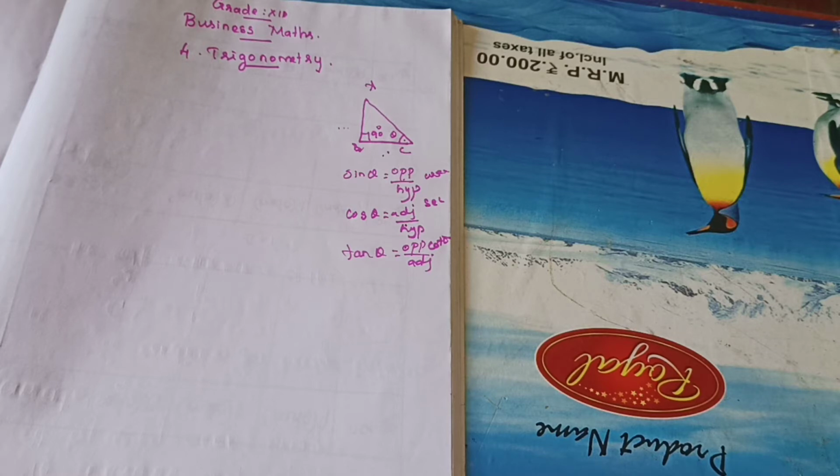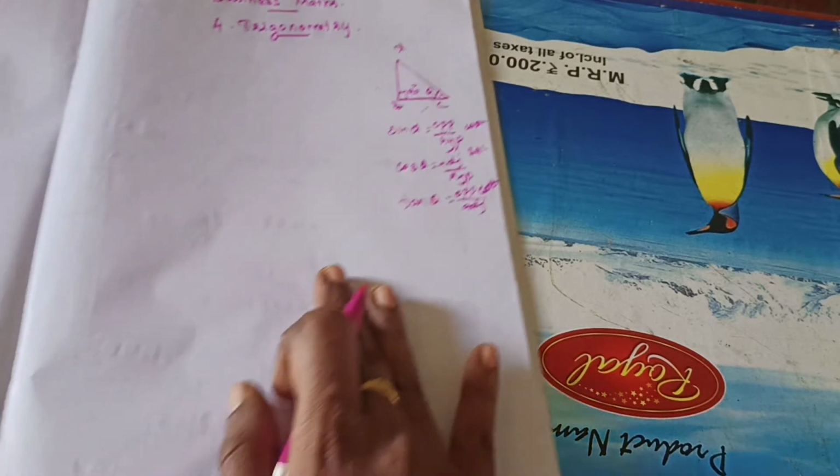Each and everything is reciprocal to each other. That's all. Sin is reciprocal to cosec, cosec to sin, cos to sec, sec to cos, tan to cot, cot to tan. That's all. Understand? Have you all learned? These are the things you have learned in 9th standard, as well as 3 main formulas also you have